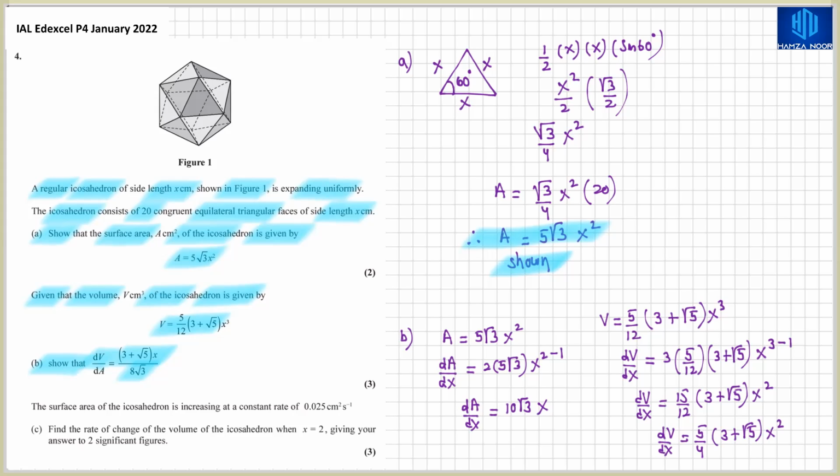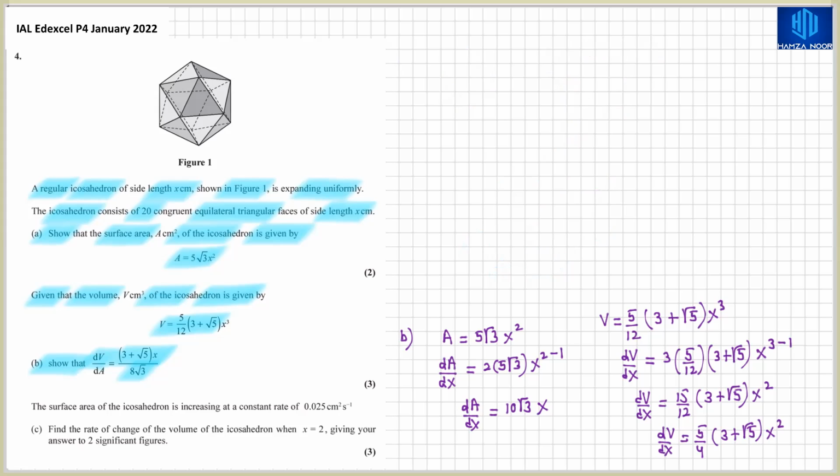And now we are going to find dV over dA. For that purpose, we are going to use the formula of chain rule. So I'm going to erase the working of part A so that I can continue the working on the top. Okay, so in order to find dV over dA, we will use the chain rule formula dV over dx multiplied